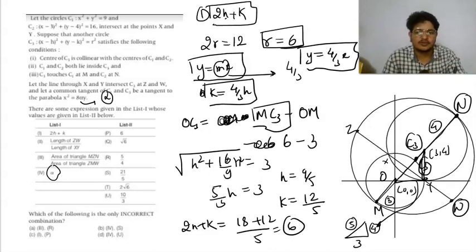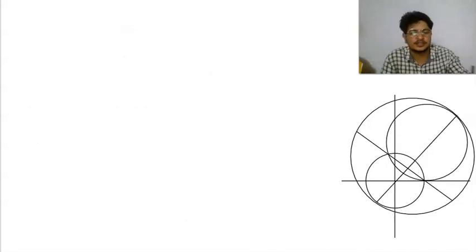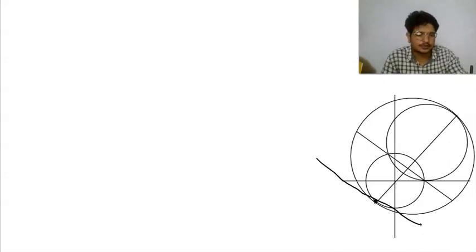Now we have to find the equation of the tangent of C1 and C3, and I will compare that equation of tangent with the parabola. After that we will find the value of alpha. So how will you find that? It goes from this point, because it is the only intersection point where C1 and C3 meet, so the tangent goes like this, and it is perpendicular to this.